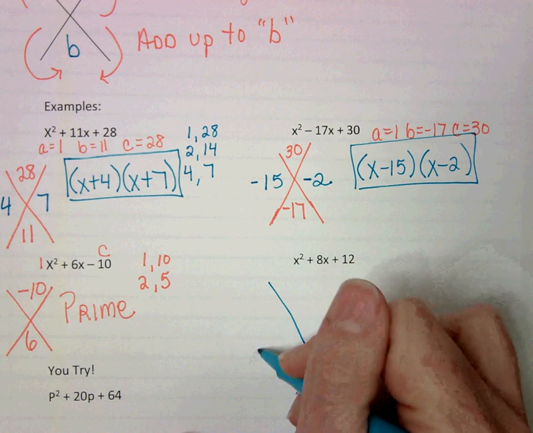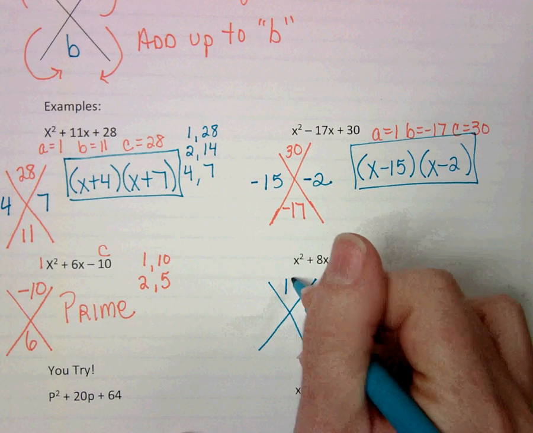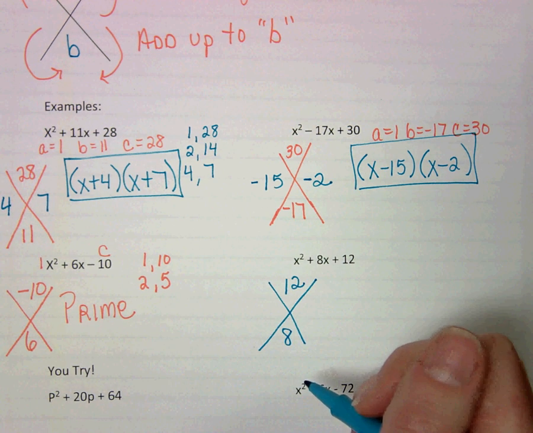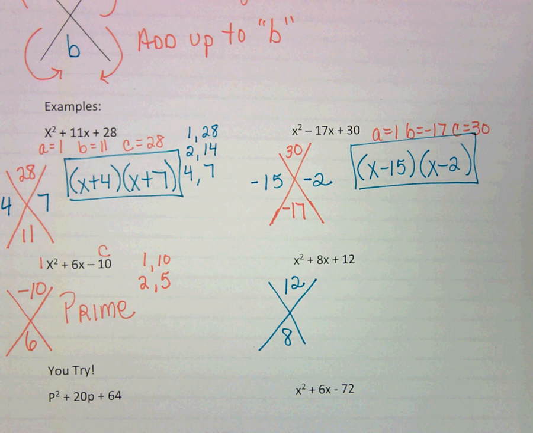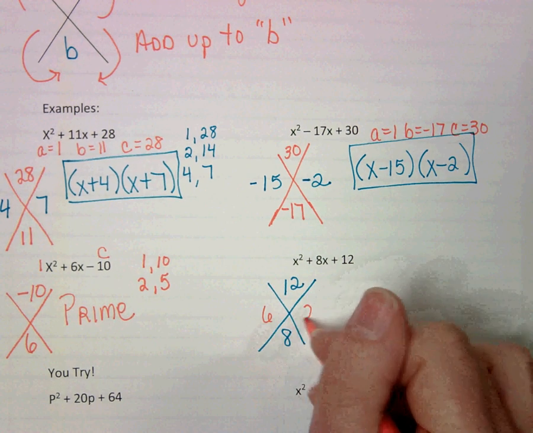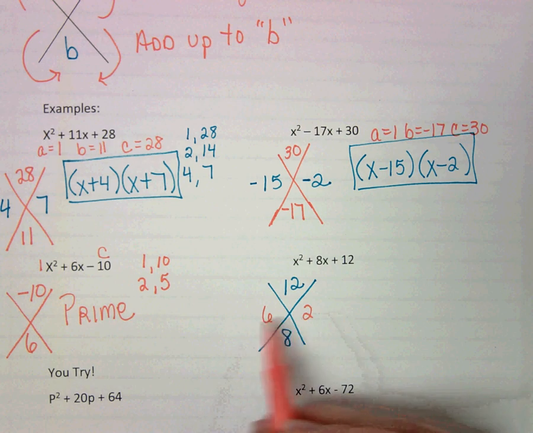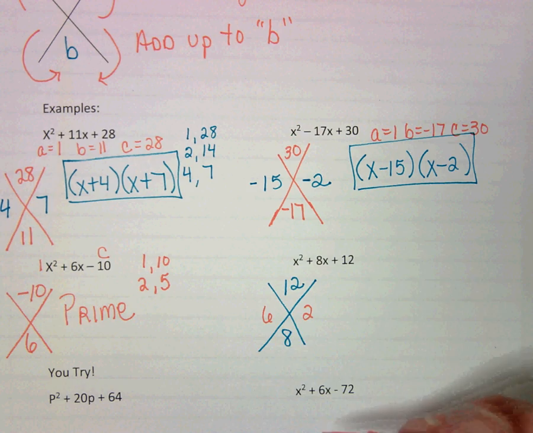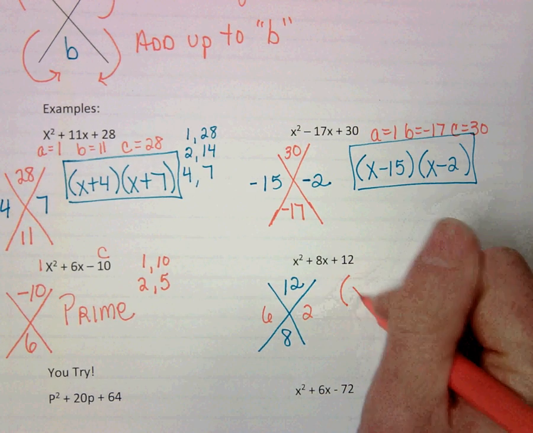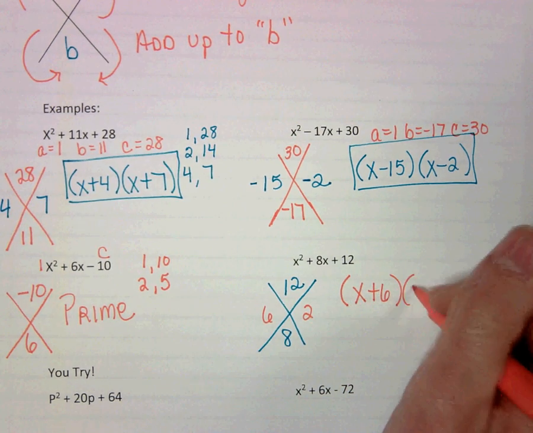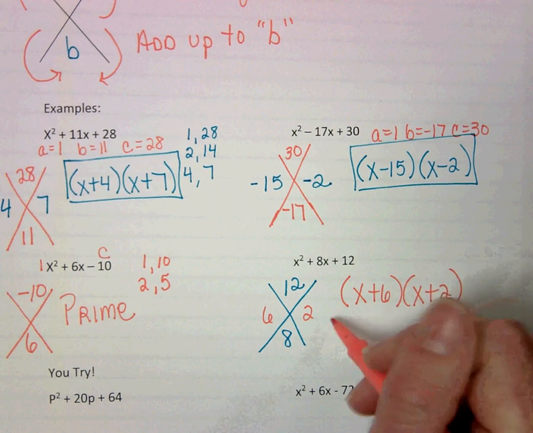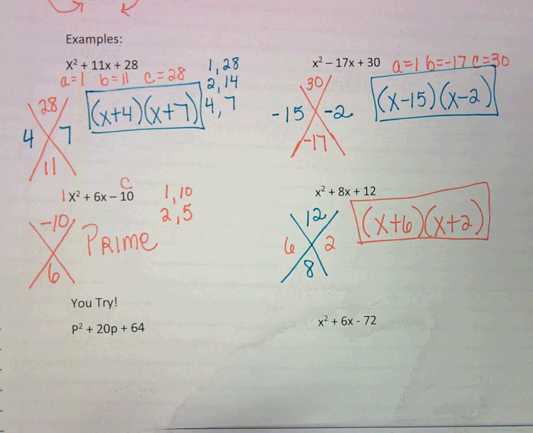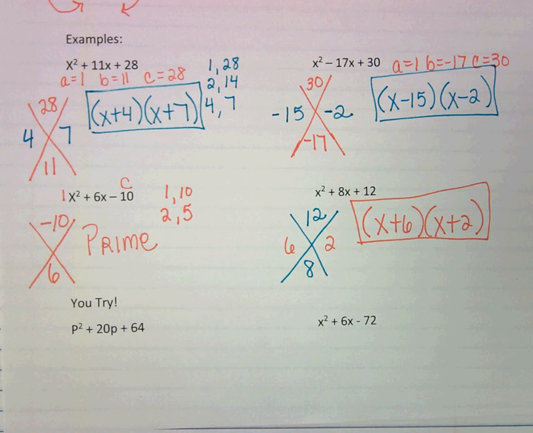Okay, one last one together. A times c would be 12. The b value is 8. So factors of 12 that add up to 8 would be 6 and 2. It doesn't matter which side you write the 6 on and which side you write the 2 on. It doesn't matter on any of these, as long as you have the 2 factors. And so x plus 6 and x plus 2 would be my factors. Okay? There's 2 last problems that I'd like you to try on your own, and then we will discuss tomorrow in